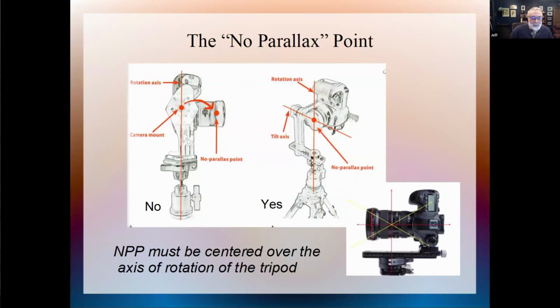Using this panorama mount, you can position the no parallax point over the central rotation point of your tripod, so that when you rotate the camera or you tilt it, that point always stays over the central rotation point of your tripod. And that will give you the nice